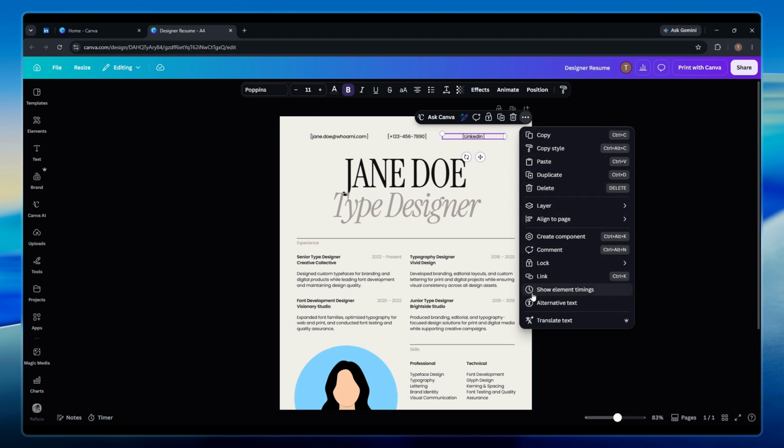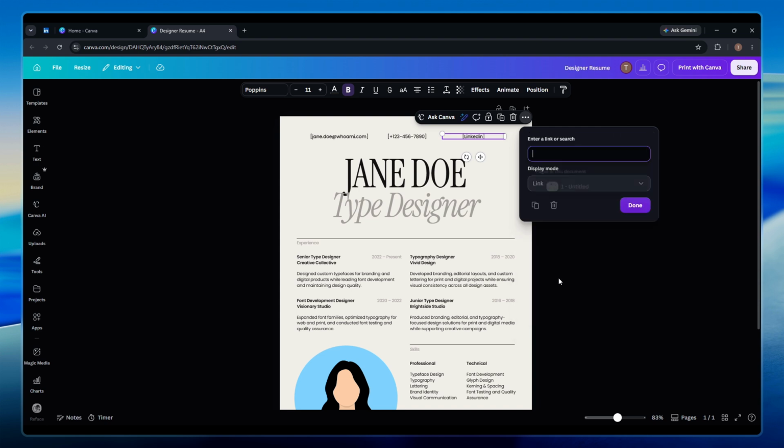From the expanded menu, click on the Link option. This action will open a small text field where you can insert the URL you want to attach to your selected text. For example, if you're linking to your LinkedIn profile, you type or paste the full URL here, such as https://www.linkedin.com/in/your-profile. Make sure the URL is complete and accurate, as this is what people will click on when they view